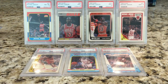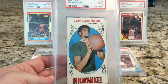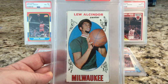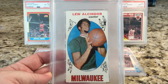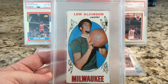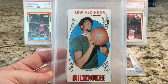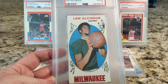And then finally for Kareem, we have the 1969 rookie card in a 2. And you can easily see the couple creases through there. Now this was a couple years ago that I purchased this. Purchased it as kind of a holding card, a placeholder, and I was going to upgrade. I never did. The centering's nice, the coloring's decent on it, and I was like, all right, well, this is going to be my rookie Lou Alcindor, and that's my Kareem collection. So next up is a